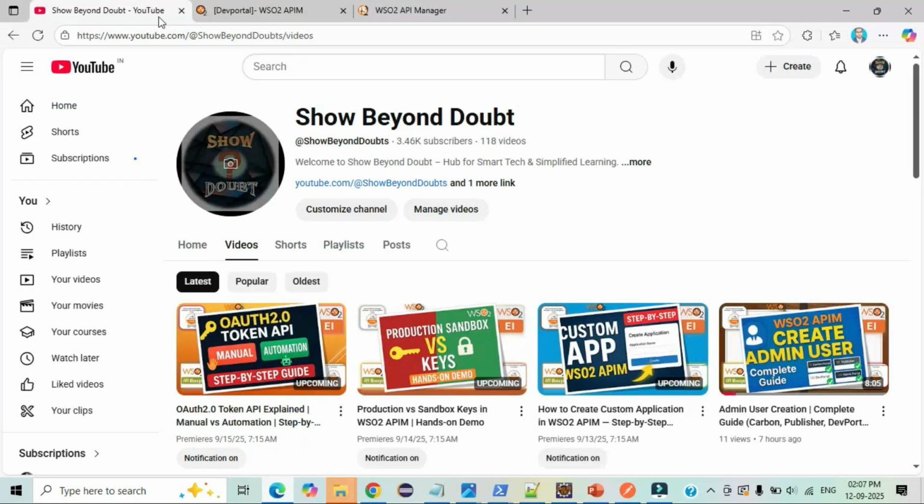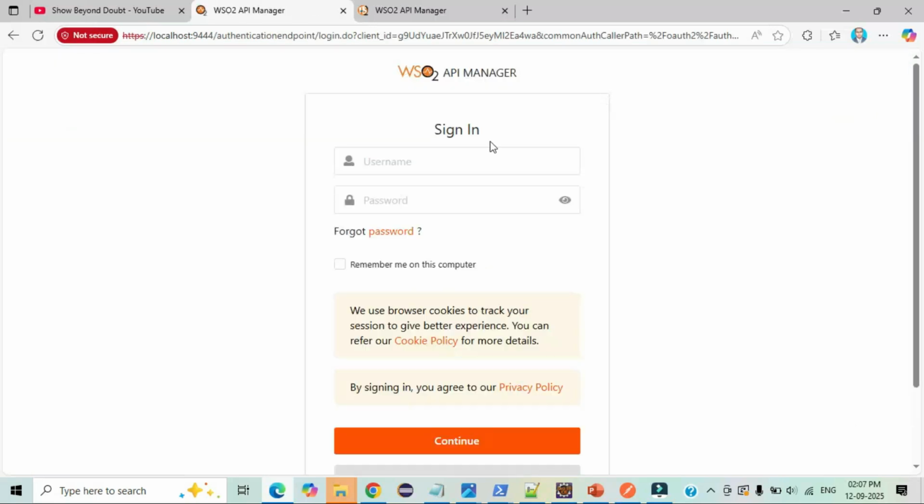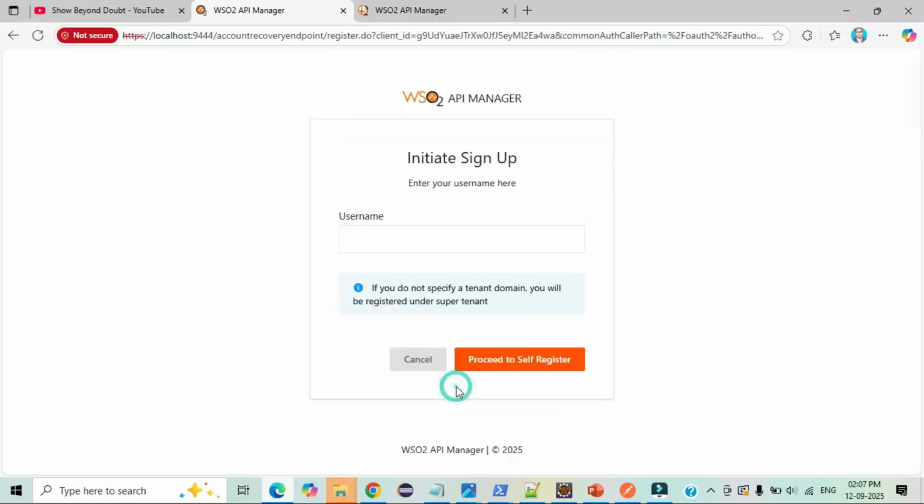We go to the browser. This is the API Manager DevPortal. On the right side there is a sign in option. Click sign in, and it comes up as a sign in page, a basic authentication page as usual. If you scroll down below there is a create account option. So if you click create account,